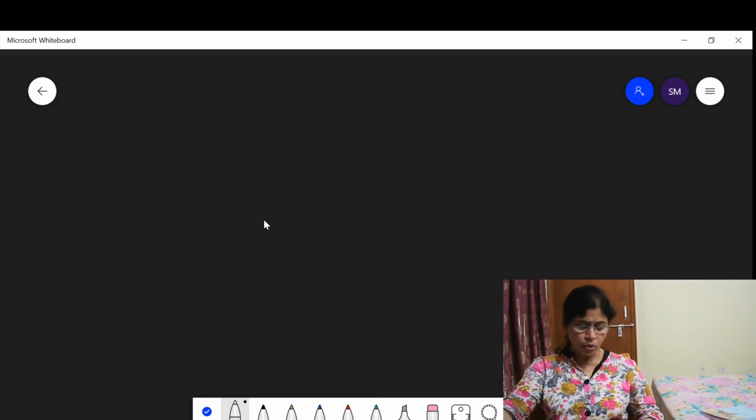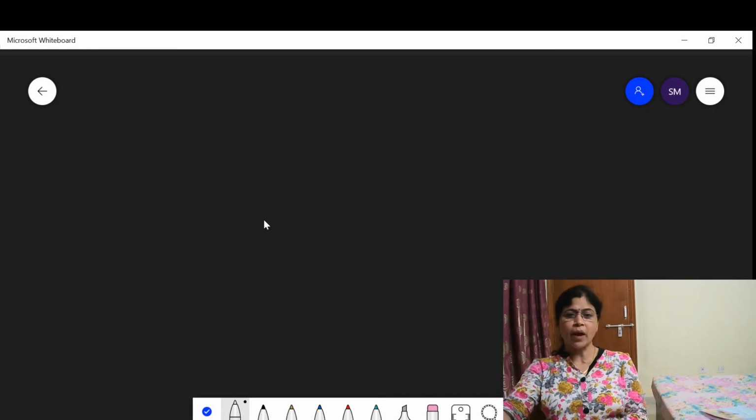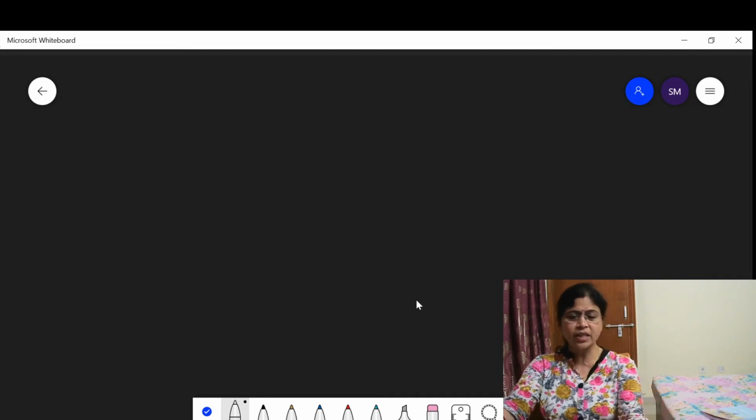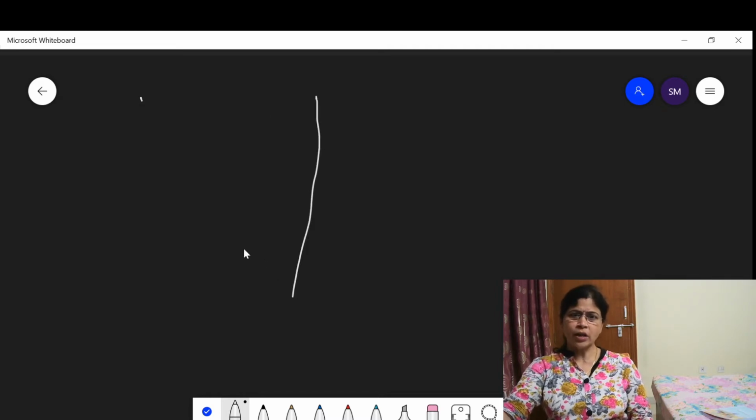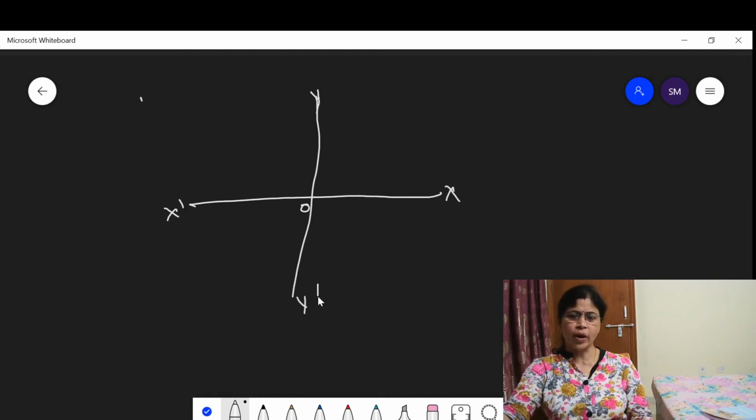Now let us practice another question. I have already told you, when you practice a variety of questions, then the questions which will be asked in your exam paper will not be a challenge. Here the theory says, now please draw the table. Look at here what the table says. Here the table says the first quadrant, second quadrant. You know this is 0, this is x dash, this is y, and this is y dash.